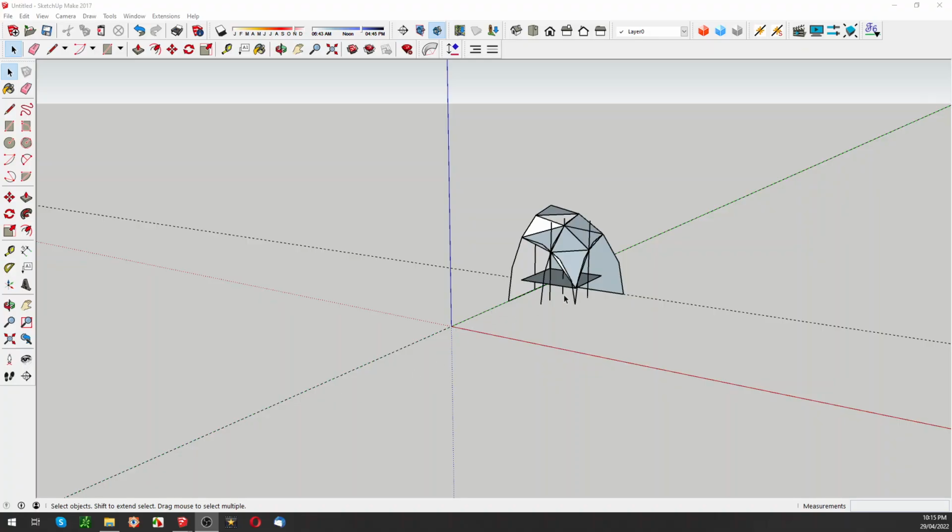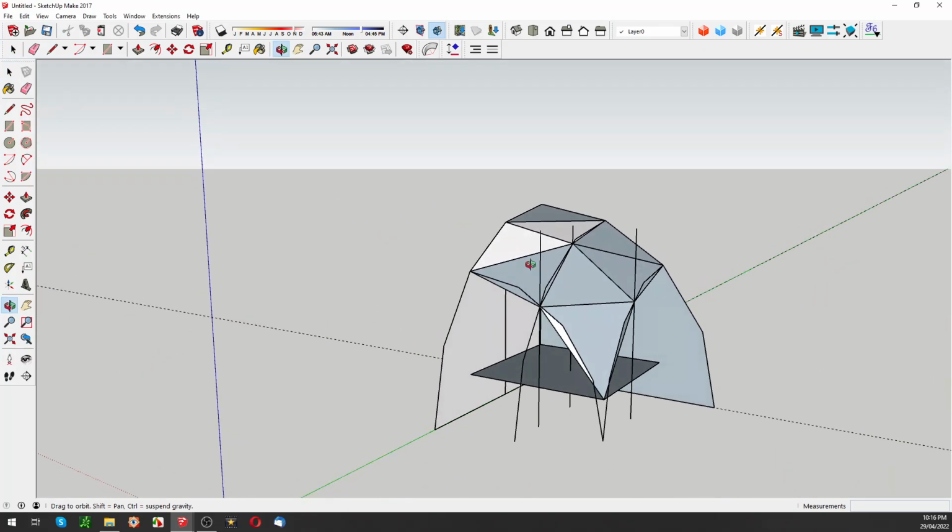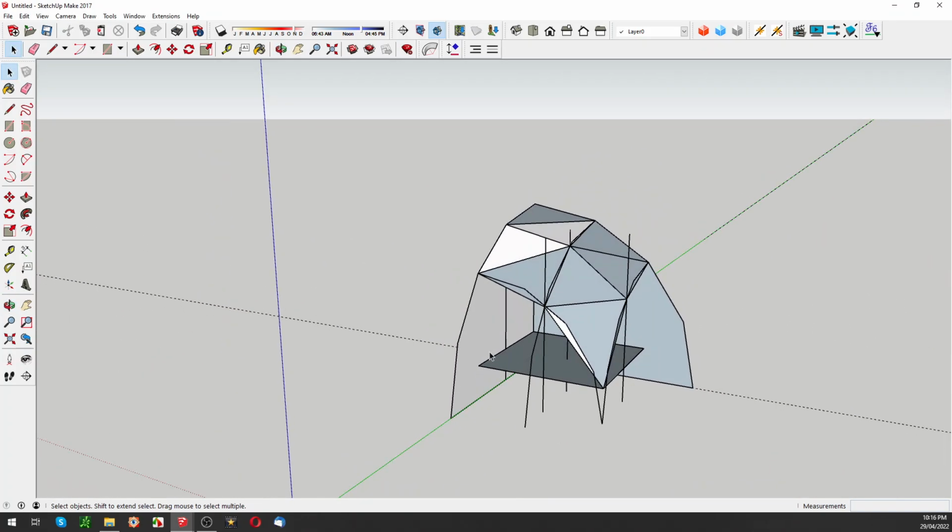So I thought, is there a way I can draw this model from the get-go in a similar manner, such that, like the other two methods, I can use one base model to then step on to do the next version? So what we've got here is that base is 1 meter by 1 meter,